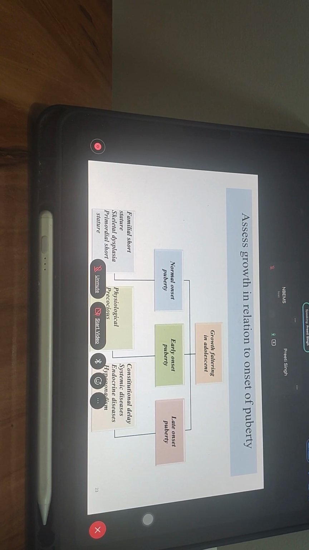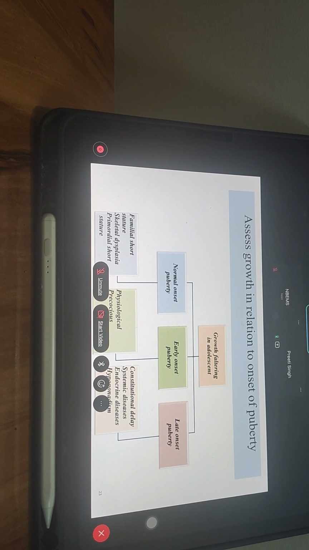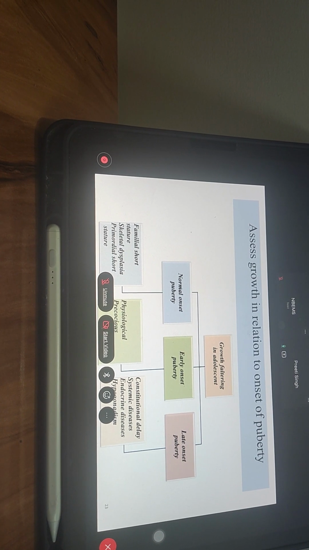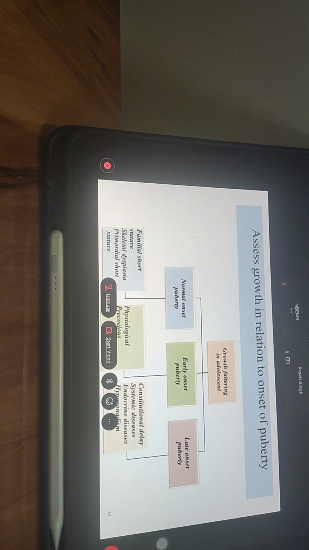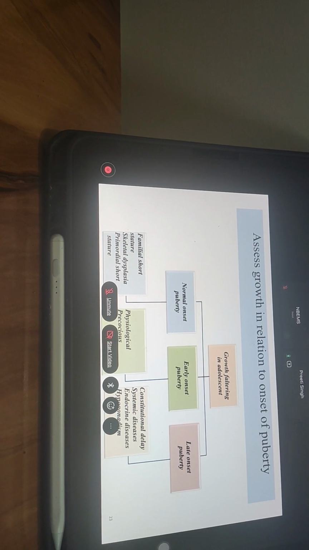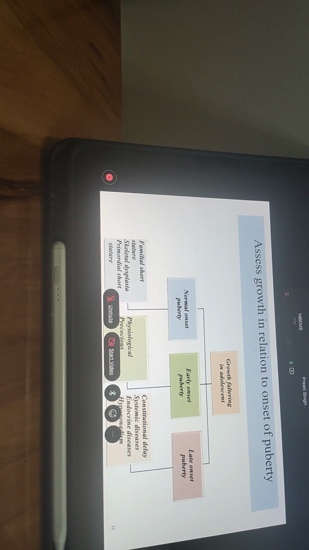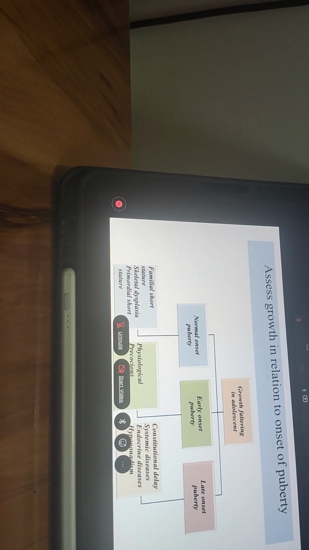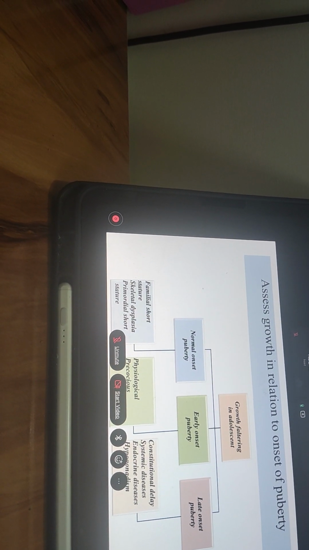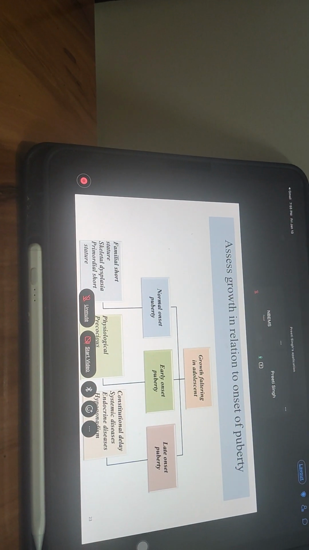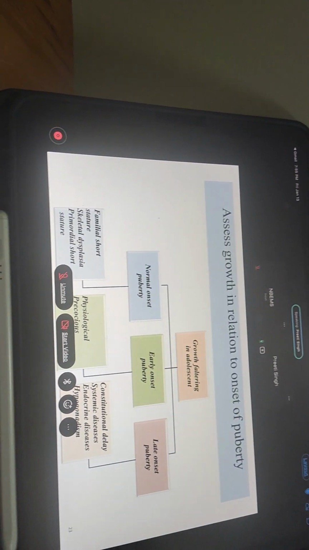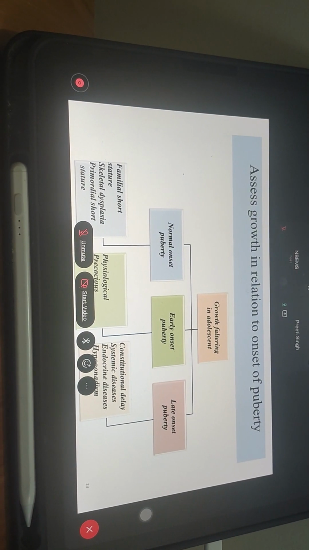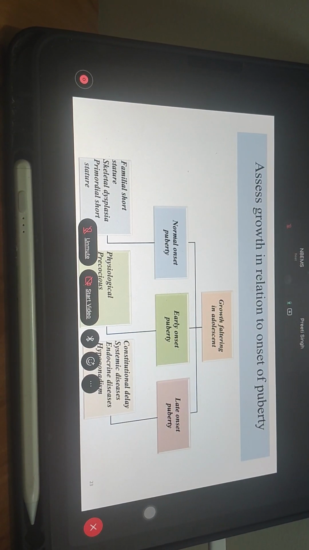So if you have a child whose parents are worried about growth faltering, but the child had a normal onset of puberty, then this child could probably have familial short stature. The one who already had early puberty could be a case of precocious puberty, while the one who has not experienced puberty at this stage has better height potential. And why? Because puberty has not occurred up till now, but however the child is short, so we need to evaluate. The causes for this kind of scenario would be either constitutional delay, systemic causes, endocrine causes, or hypogonadism. So all